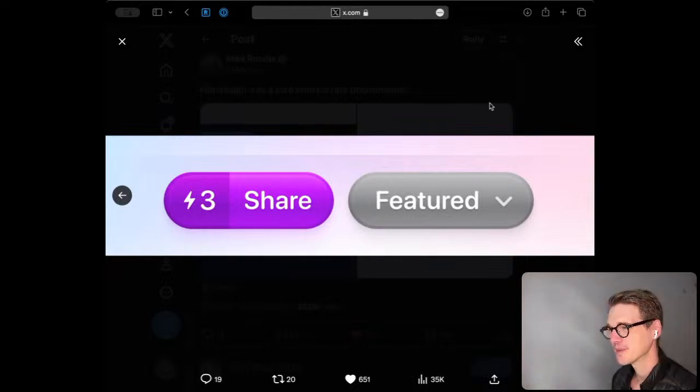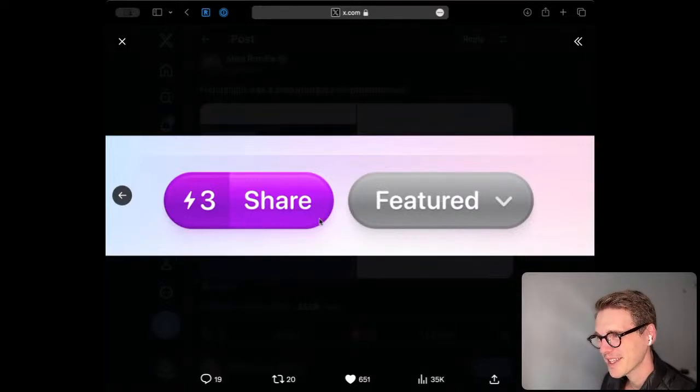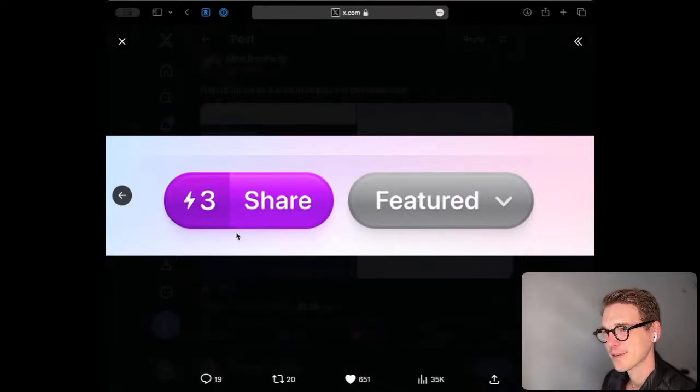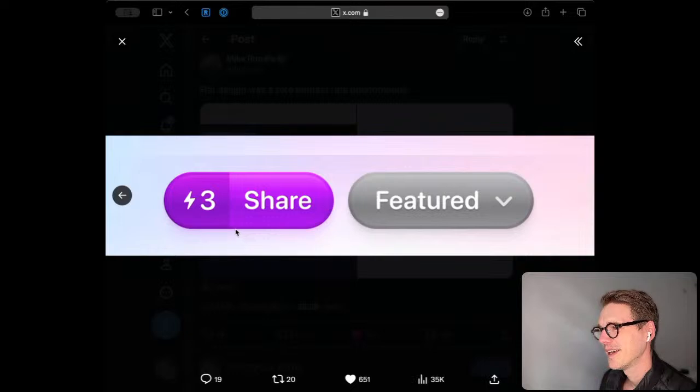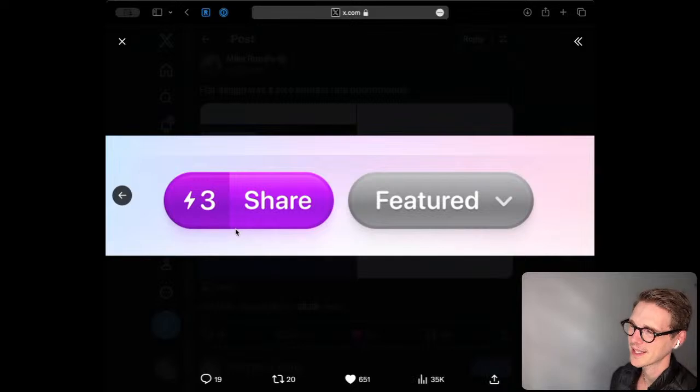Exactly what we used to do. The plasticky, really high looking, and then just the actual button itself was mostly flat. Yeah, really, really love this. Looks really playful. It's almost like a candy pill, or in this case,